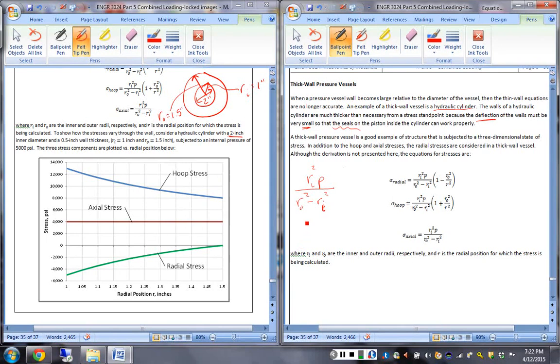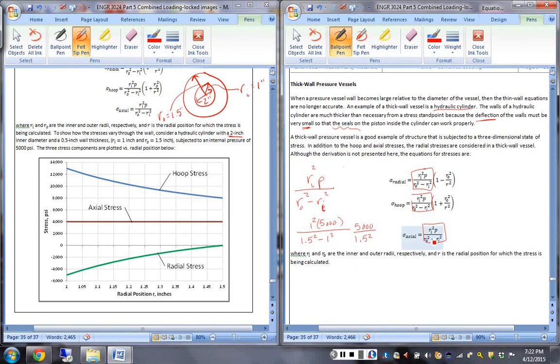So in this case, this would be 1 inch squared times 5,000 psi over 1.5 squared minus 1 squared. That simplifies to 5,000 over 1.5 squared minus 1 squared. That's the same coefficient term, and it is in fact